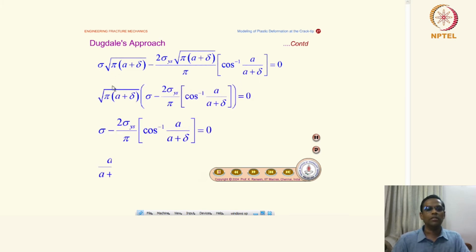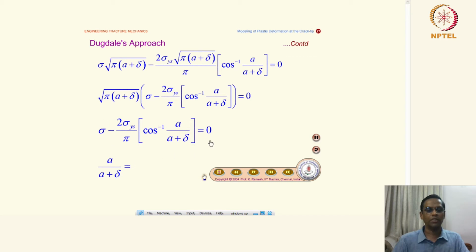where sigma into square root of pi into a plus delta minus 2 sigma ys into pi into a plus delta by pi times cos inverse a by a plus delta is equal to 0. If you take out all this pi into square root of pi into a plus delta, then you can recast this equation like this. Since this is equal to 0, then this can be knocked off,